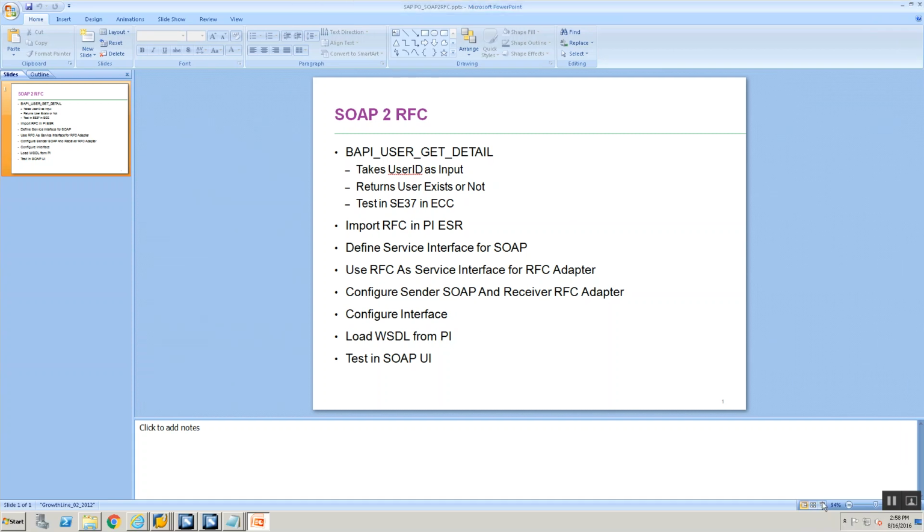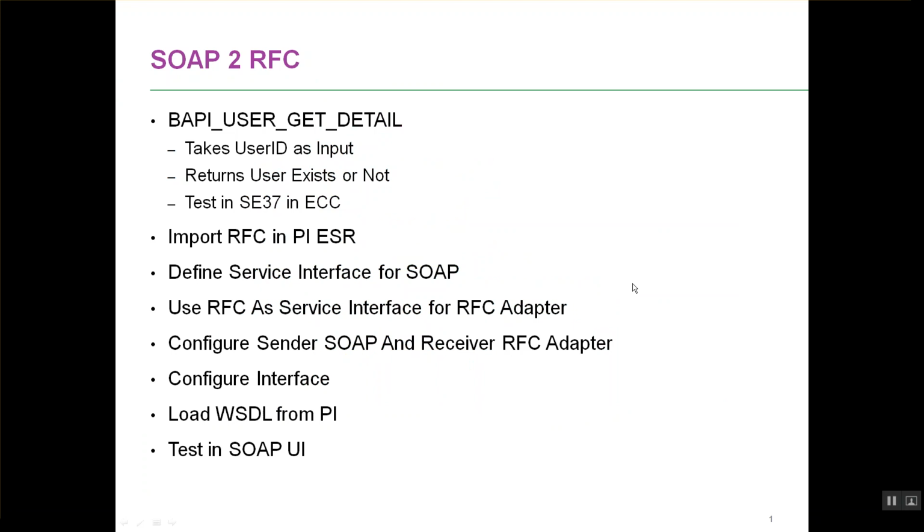Welcome back. This scenario that we're going to look at is what we call a SOAP to RFC scenario. What does this mean? We are going to expose an interface in PI such that it becomes a web service. So any web service client like SOAP UI can make the call to PI, and in ECC this interface is then going to make a call to ECC, and like we did in the previous exercise where we did a call to ECC using an IDOC, in this case we are going to make a call to an RFC or a remote function call.